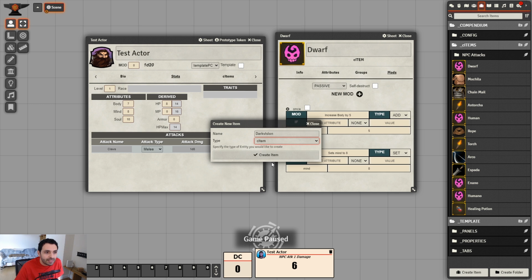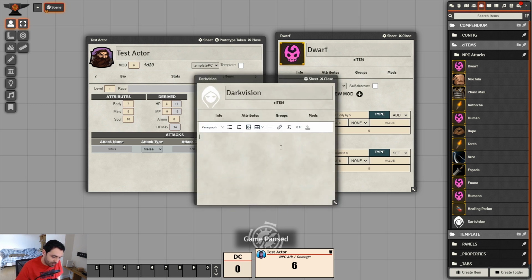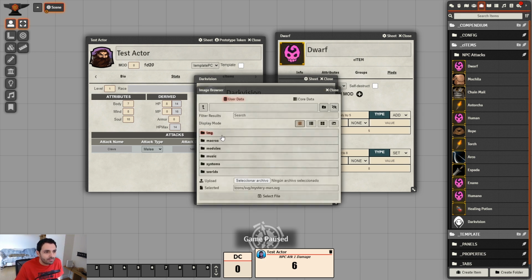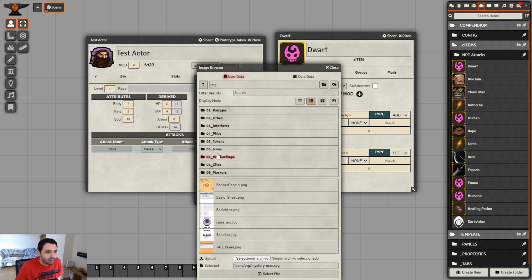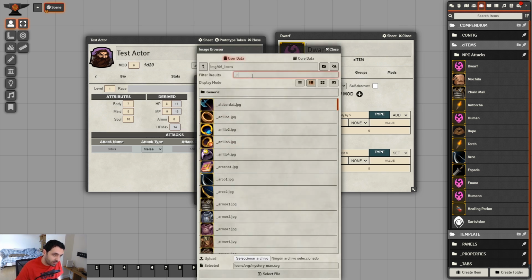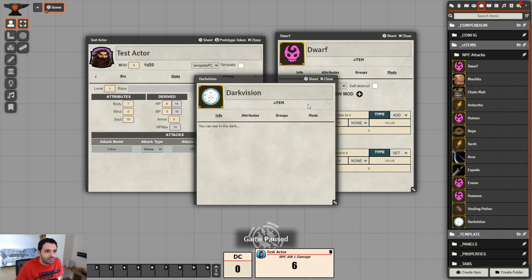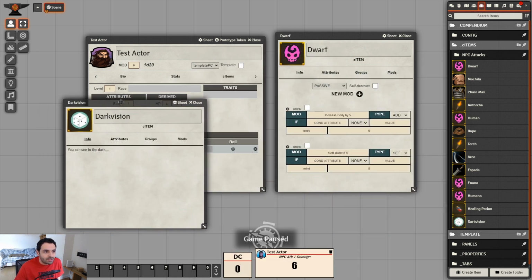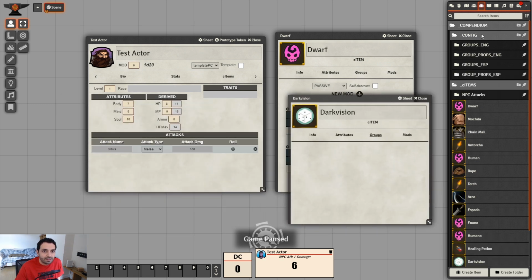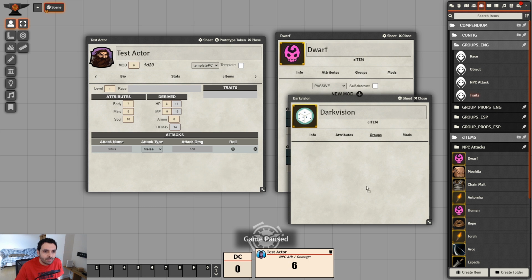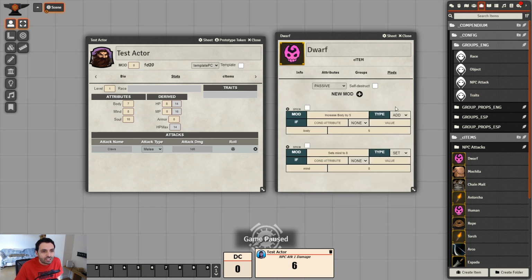And this is going to be a trait. You can see in the dark, and so on. Let me include a cool icon. Fantastic. So this is a trait I just created. Let me drag the traits group. Okay, here it is. So I want my dwarfs to have the dark vision trait cItem every time I create